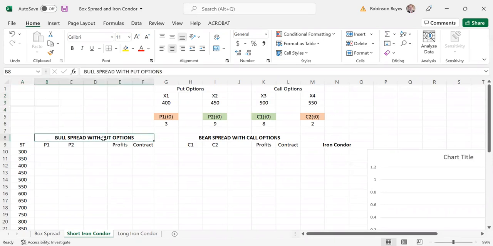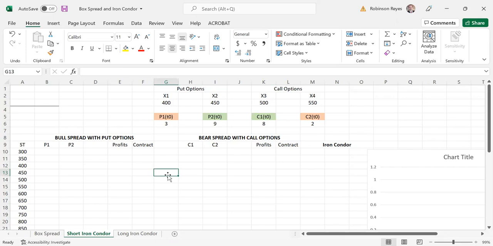The first is a bull spread, and we will form that bull spread with put options. And then a bear spread, and we will form that bear spread with call options. So let's keep in mind, in this case, we will have a bull spread and a bear spread. We can think about a butterfly spread, but let's keep in mind in the butterfly spread we have only call options, and then there's one distinction, which is we use three call options and there are only three